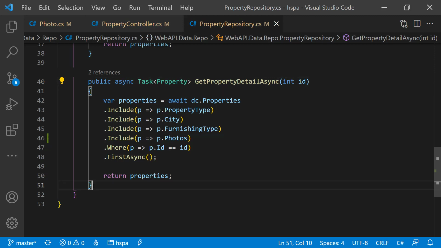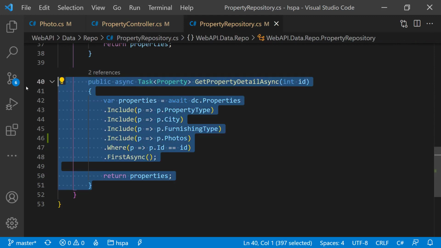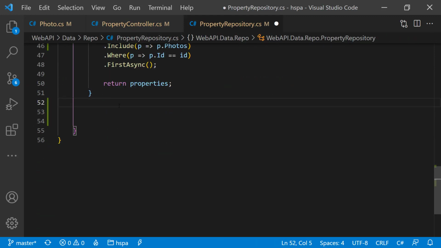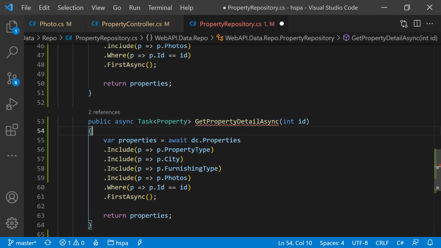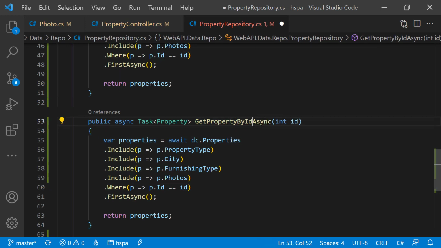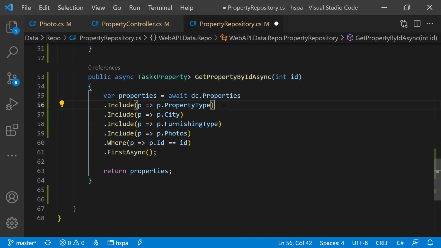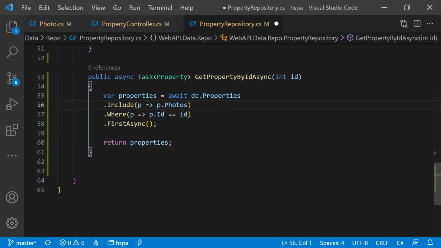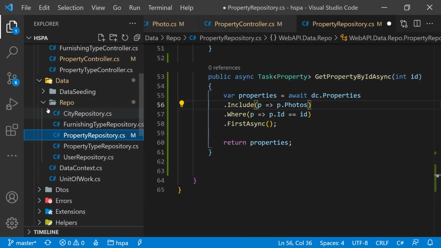So to optimize this, we can add another method. Let's make a copy of this method and rename it to GetPropertyById. You can name it whatever makes sense to you. Remove all other entities. And as we are accessing this repository using interface, we need to add this method in IPropertyRepository as well.